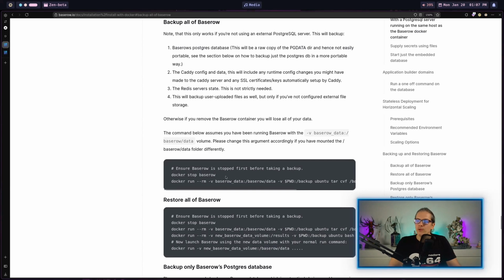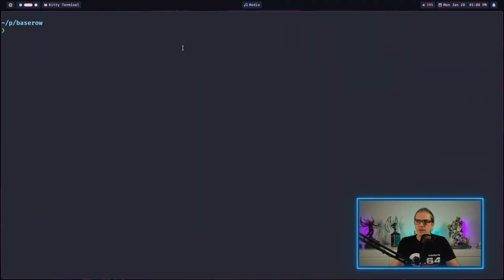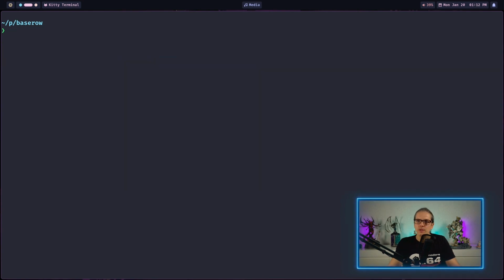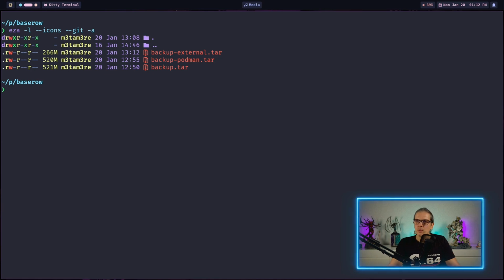And first of all, we need to stop Baserow again. And then I can already copy the backup command here. So I stop the Baserow container, and now I can just copy in the backup command again, and I will just rename this one to backup external so we can distinguish the backups from each other, and clear this out. And when we have a look here,